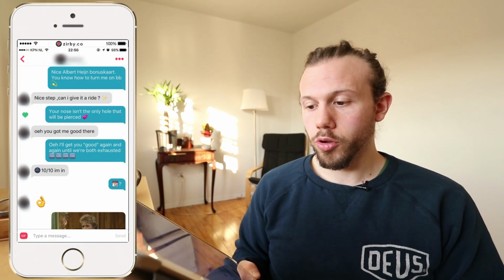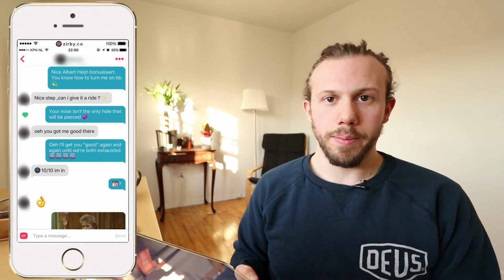Nice Albert Heijn grocery store bonus card. You know how to turn me on, baby. So in one of her photos, you can see that there's a bonus card for a local supermarket, and he is making really just a joke about that. Again, it's just showing her that he is a laid back, fun dude to be around who's not gonna censor himself. And it projects a casual vibe, right? It has a lot of humor, but there's also a sexual undertone in there that's not gross. It just works. So if you guys are taking Tinder too seriously, take an example from Theis here and don't take it so seriously.